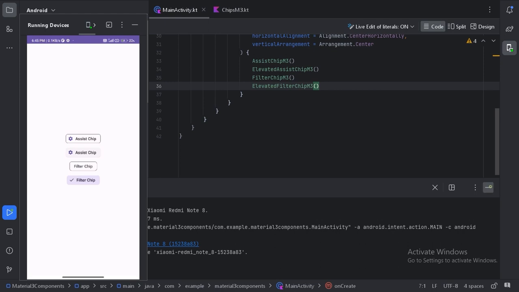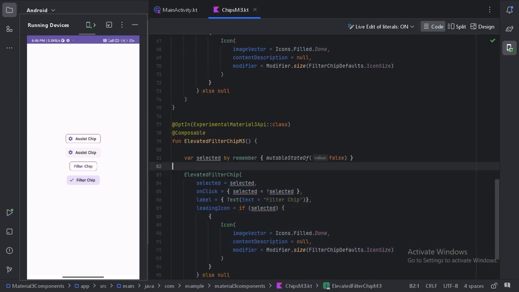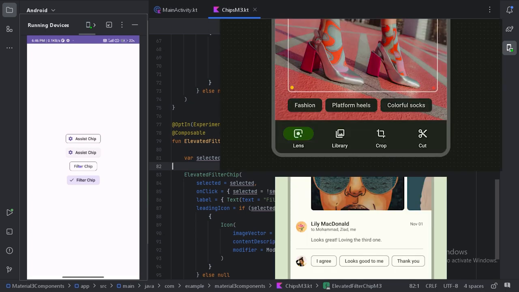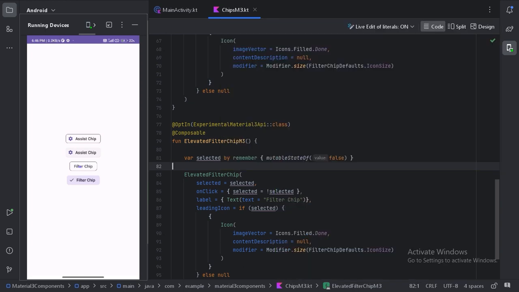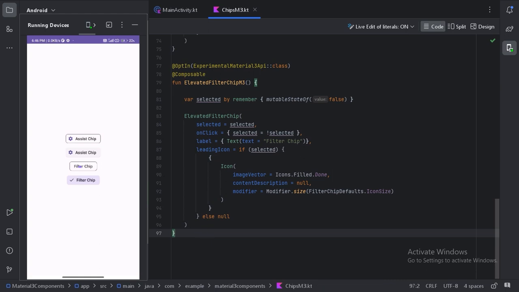So let's close this window, and here we have another kind, suggestion chips. Suggestion chips help narrow a user's intent by presenting dynamically generated suggestions such as possible responses or search filters. So for that, after this composable function, let's create one more.